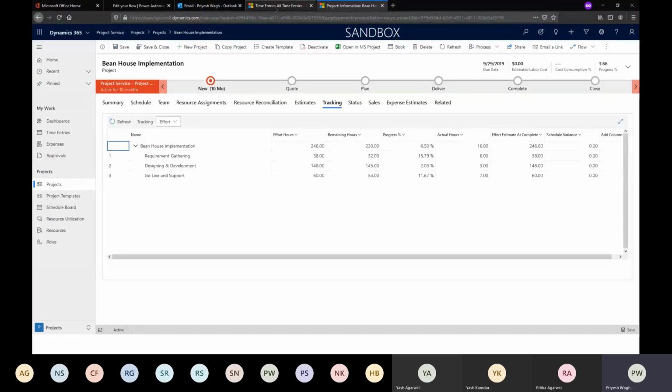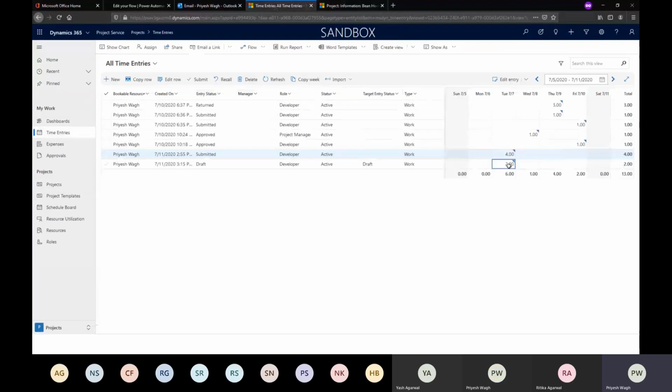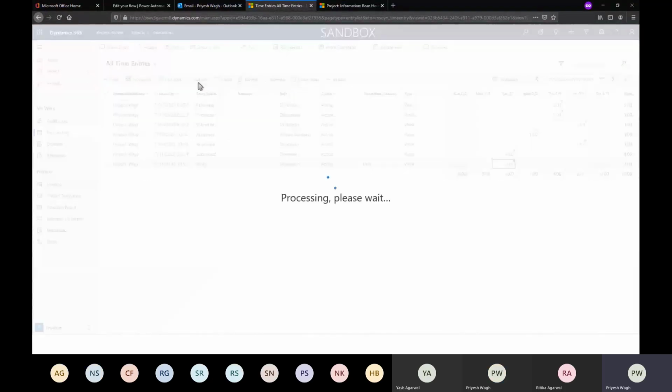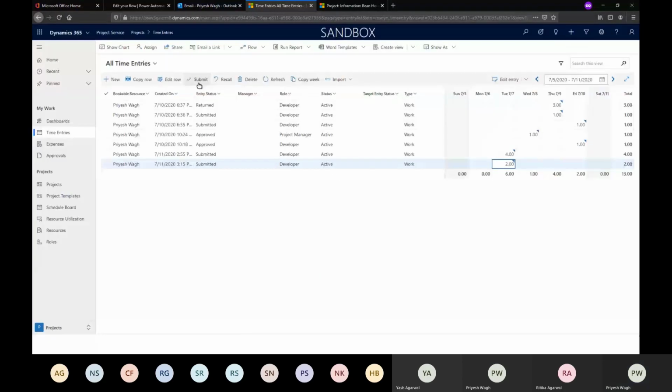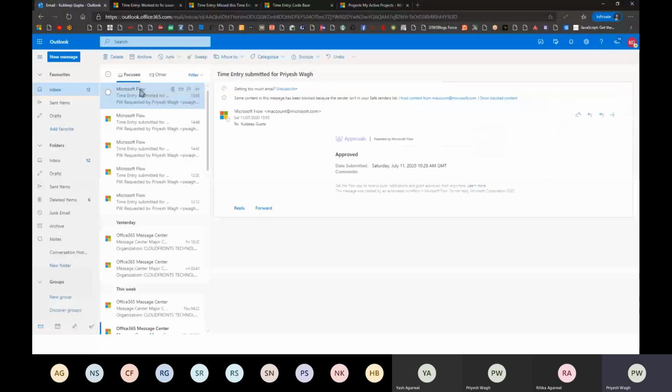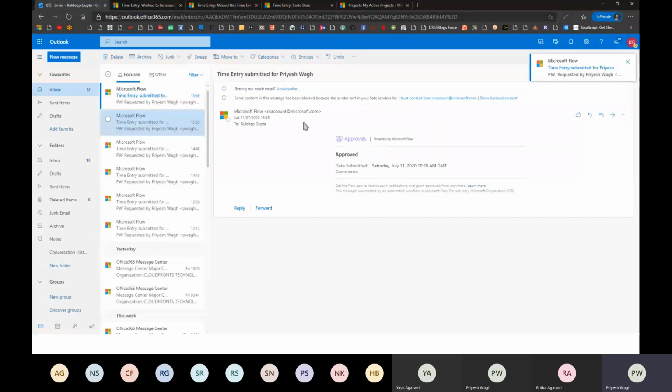Let's look at the second instance. The second instance is if there's a certain time entry which I again submit. So let's go to his login. He will receive an email in a minute. While we are waiting for the email, what happens is when you submit and approve all of this, records are created in Dynamics 365, whatever has to be created, which would anyway be created otherwise, and then they take care of their internal calculations. We are only handling the approval and rejection process here.